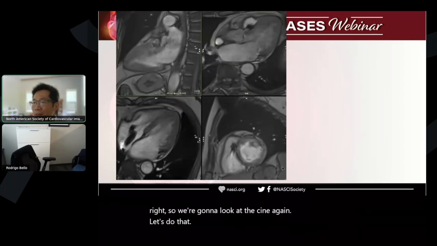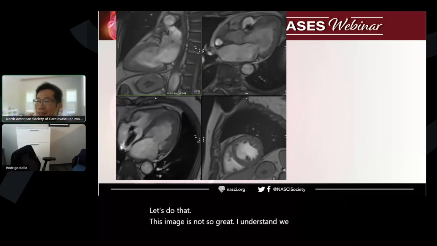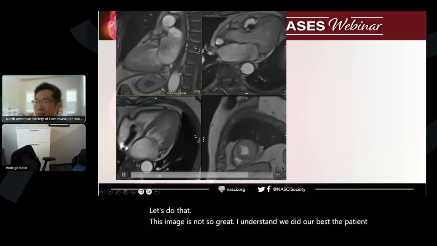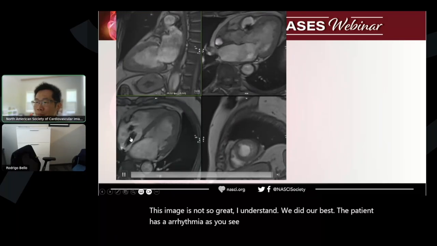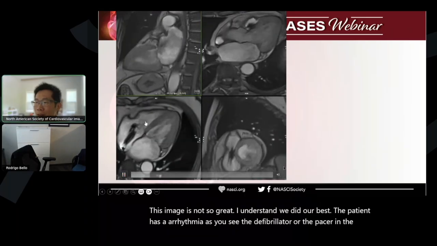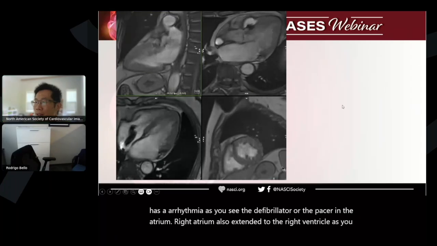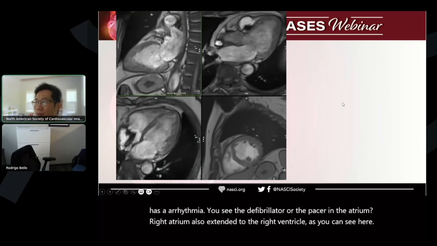This image is not so great, I understand. We did our best. The patient has an arrhythmia. You see the defibrillator or the pacer in the atrium, right atrium, is also extended to the right ventricle, as you can see here. The image looks a little bit fuzzy, but